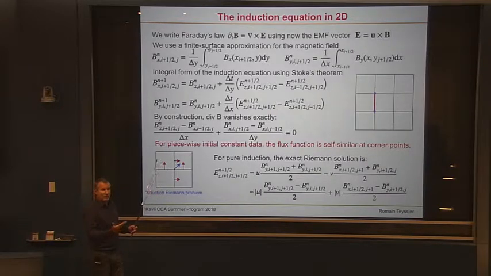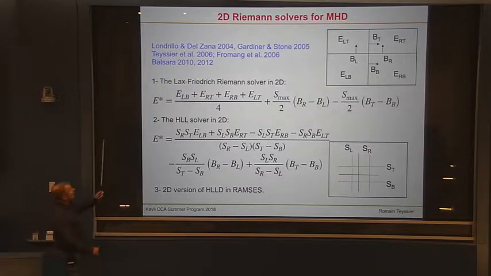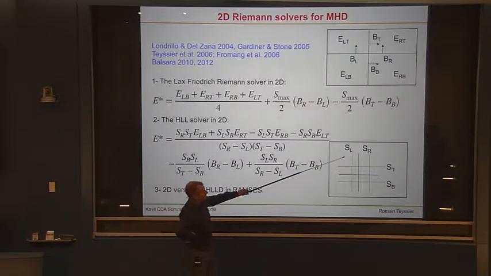Right? And 2D Riemann solvers are more challenging than 1D Riemann solvers because you have a lot of complicated wave interaction going on. Right? So those are the stabilizing terms. So it's basically the numerical magnetic diffusion. A lot of people have developed 2D Riemann solvers, so they're listed here. And again, there are three versions that you can find in the literature, which are relatively simple to understand. And they're all based on this HLL philosophy that I described yesterday, based on waves. Except now you don't have 2 waves, you have 4 waves.